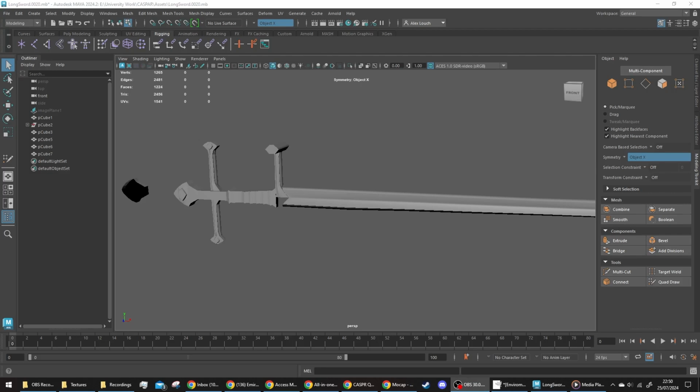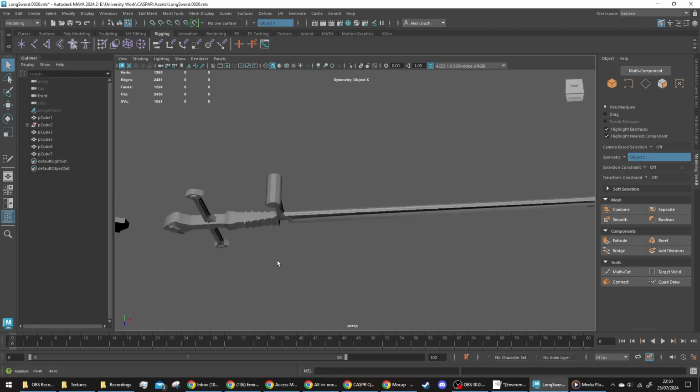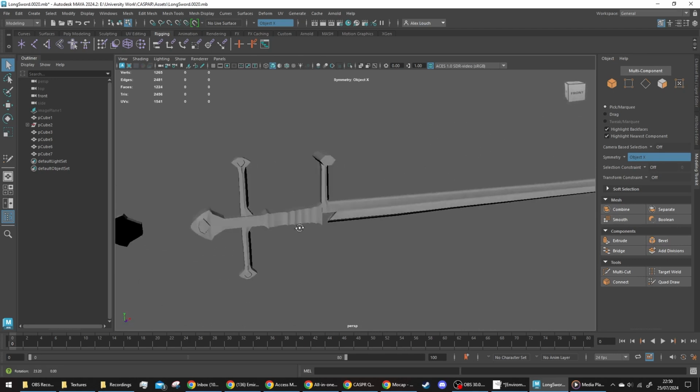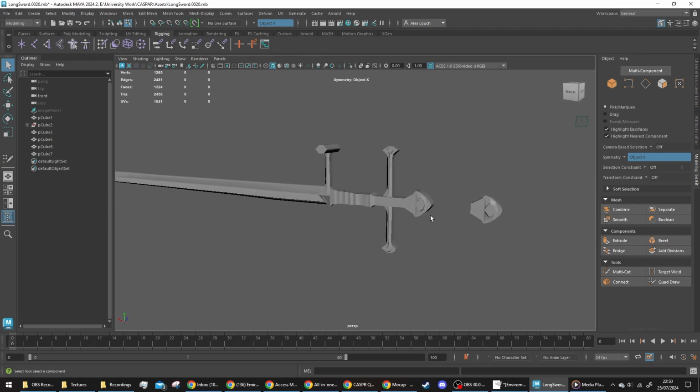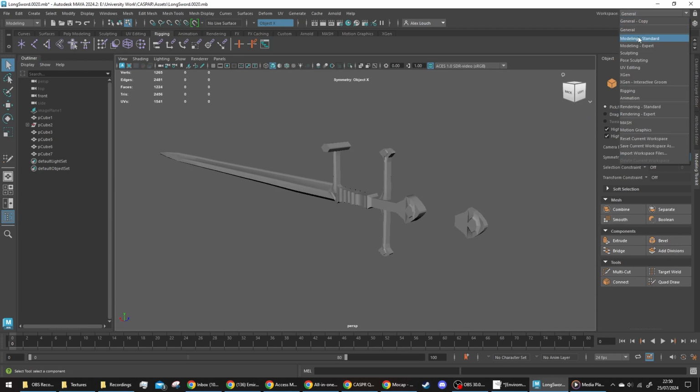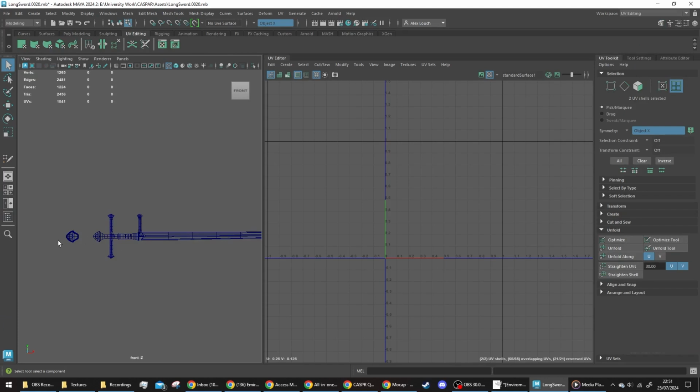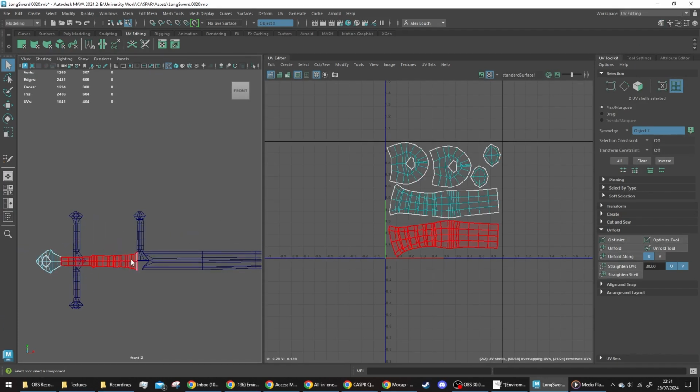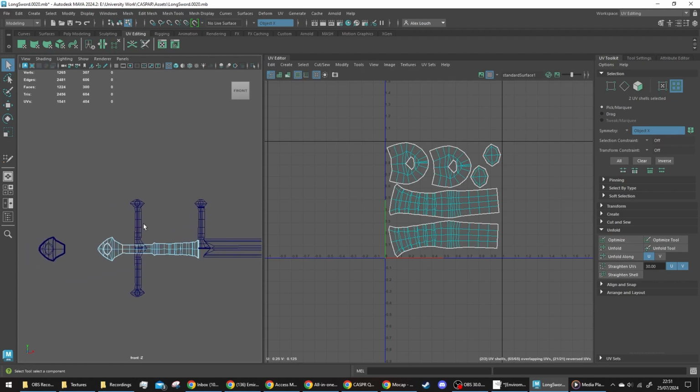Another big issue I ran into with creating my assets for Caspar, so things like my sword and the buildings, is that I kept running into the same problem that constantly reappeared. Non-manifold geometry kept appearing. I would create an entire model, you can see this is a jumbled up file of my sword, and the whole model would come along with no problems whatsoever. But then when it came to actually unwrapping certain parts of it, I kept getting the same